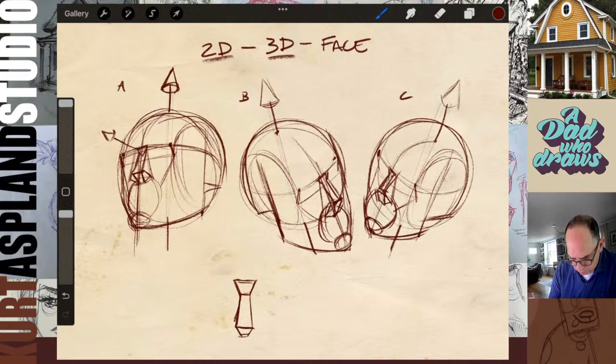Then our eyes. Let's draw our mouth first. There's the line where our mouth is going to go, and the corners of the mouth go to the outside of the ball of the mouth. And then usually the pupils of your eye will line up. Watch this. The pupils of your eye, the center of your eye, will line up with the corner of your mouth. You see that?